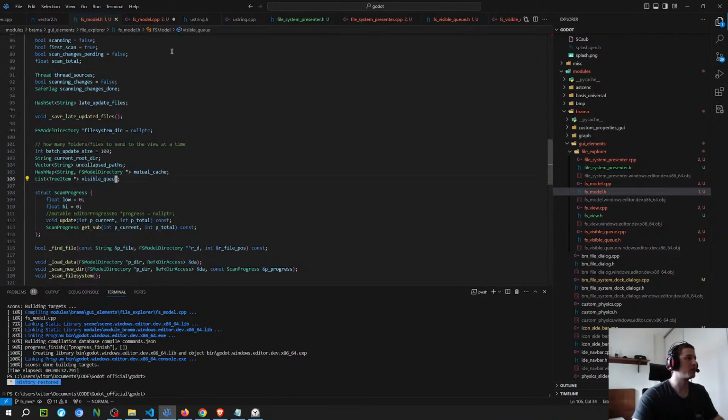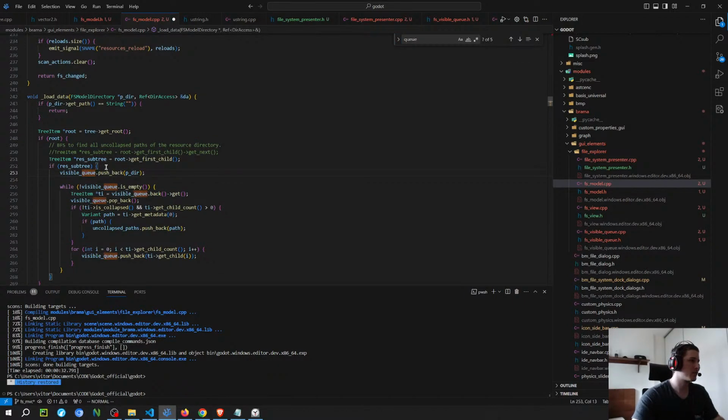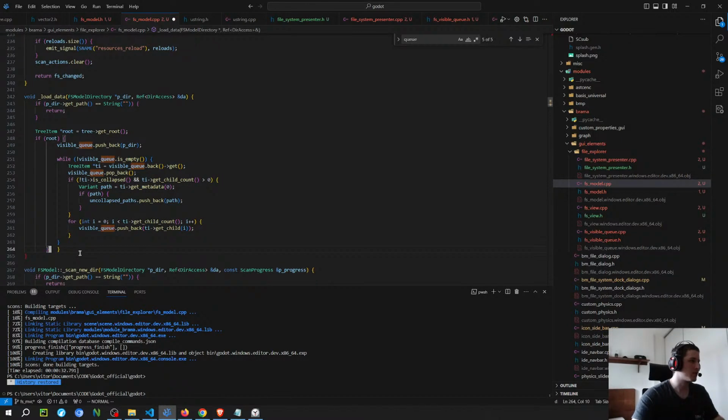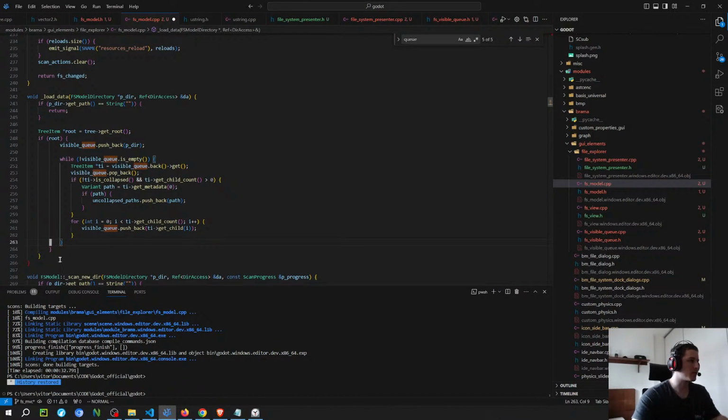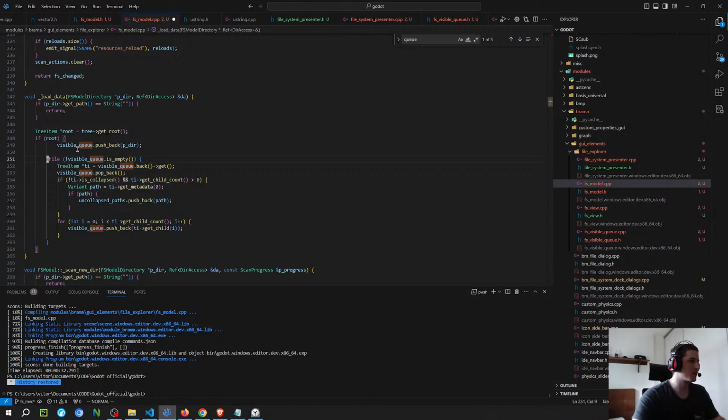It's not that hard actually. I have to remove this. The thing is you just push to the queue based on whether or not it's a directory. And then I have to check based on the